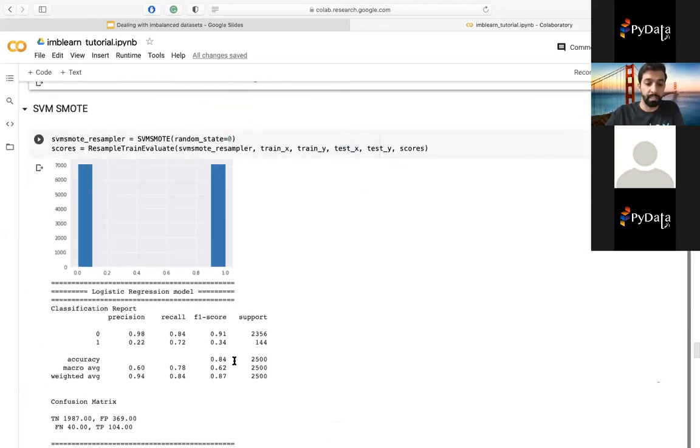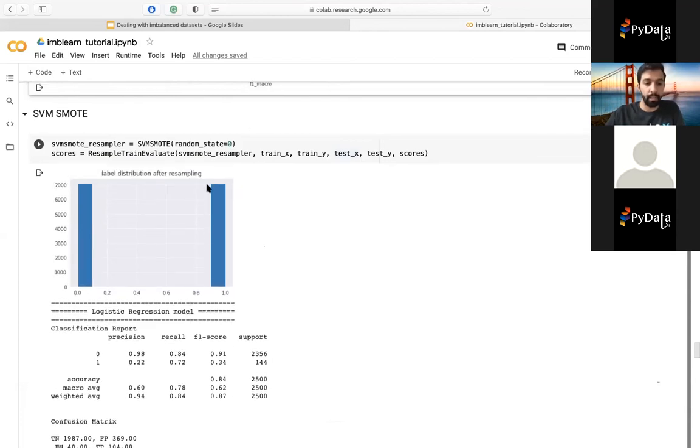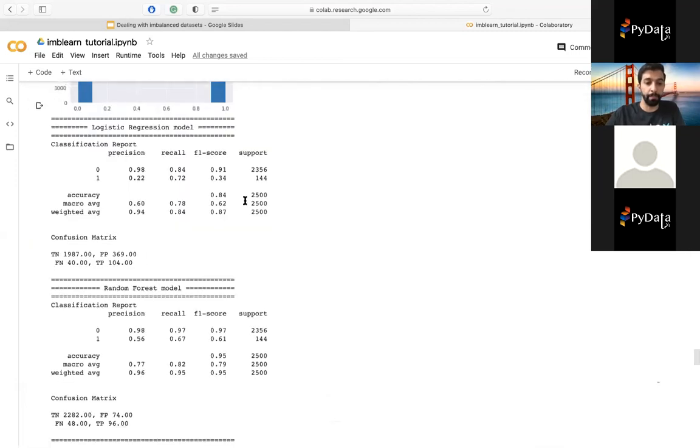We see just a slight improvement in the logistic regression, and similarly, in all of the oversampling, we are oversampling until they're equal. This is a hyperparameter. We can also oversample until it's half, or until it's a third. And this can also reduce the noise. So what I would do is try all of these methods, see what performs best, and then try to tune the hyperparameters, try to tune how many points I'm oversampling.